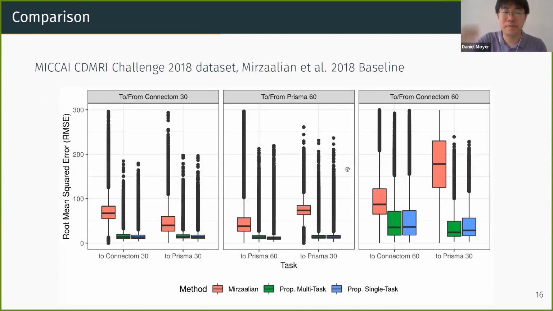Right, so compared to non-deep learning, non-harmonization, or linear harmonization methods, essentially, we're outperforming them greatly. So that's good. Linear here is actually a sort of a misnomer. This is essentially a linear effects model per voxel. So it has more parameters than our entire neural network.